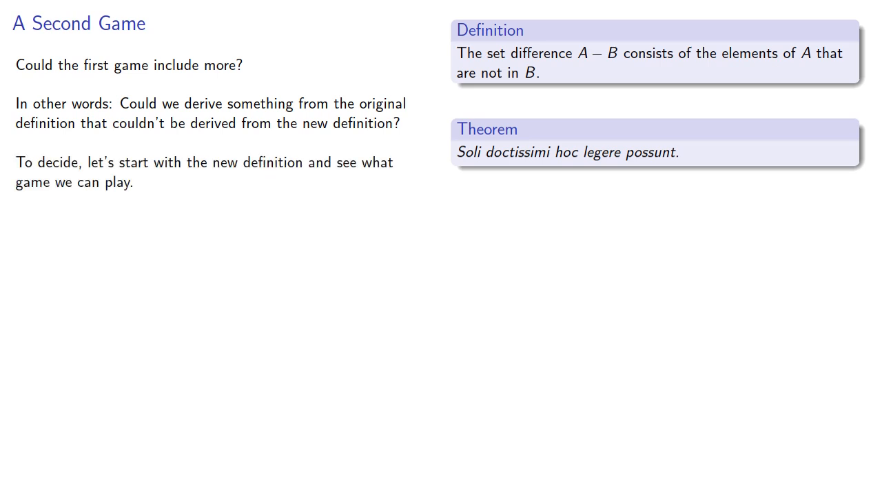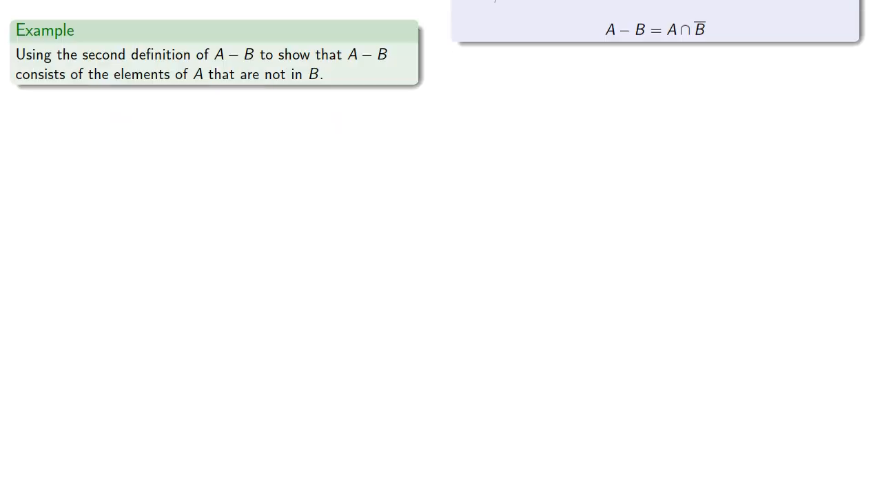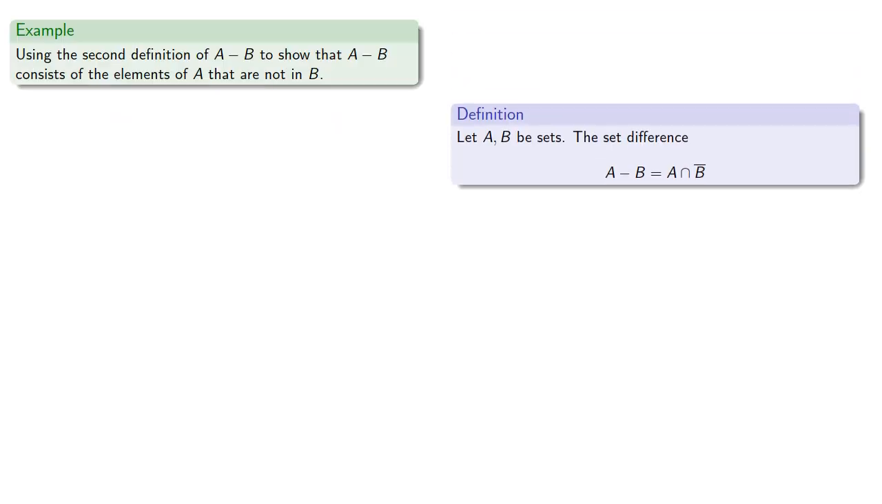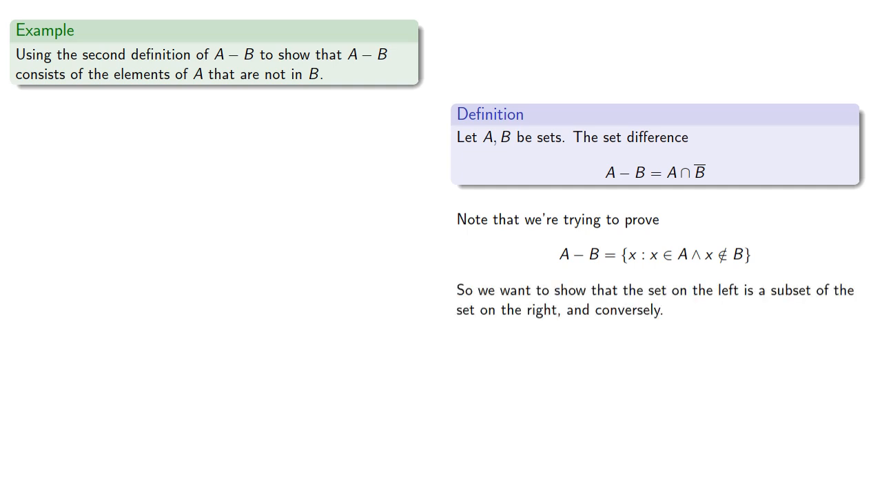To decide this, let's start with our new definition and see what game we can play. And in particular, we want to see if we can derive the old definition from our new definition. So using the second definition, show that the set difference consists of the elements of A that are not in B. Now note that what we're trying to prove is the set difference is the set of things where X is in A and also X is not in B. So we want to show that the set on the left is a subset of the set on the right